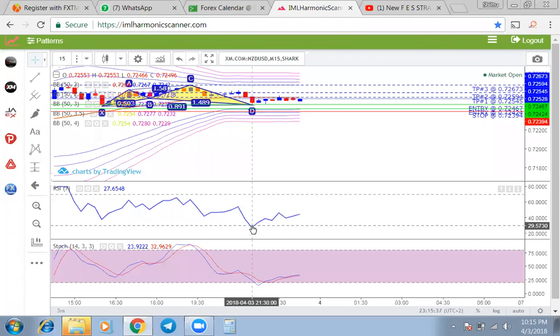Now I have not removed this cursor from that page. Let's look at our stochastic side. For the stochastic, in a buy market, the stochastic line must be either below 20 or touching 20 for a buy. Now, for a sell, it is either